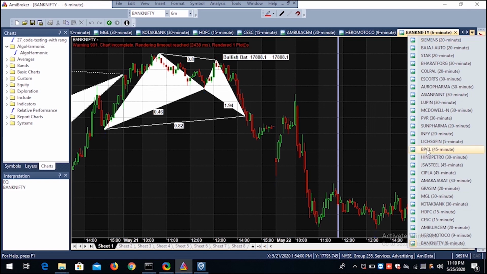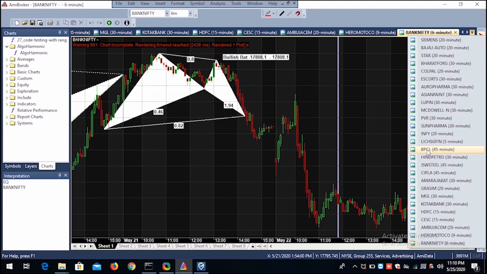It's not that it may not work on 15 minutes or 10 minutes. It may also be working. But on 20 minutes, out of 10 calls, I can say 8 to 9 calls will have 90% accuracy, meaning it will work at any cost. So that is why we always choose the best time frame.